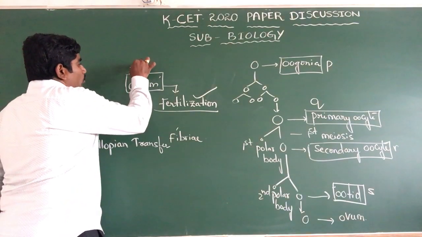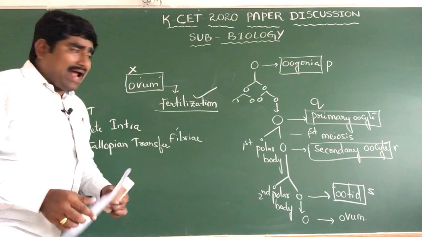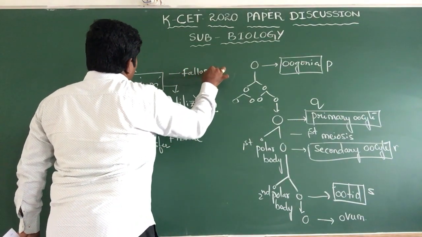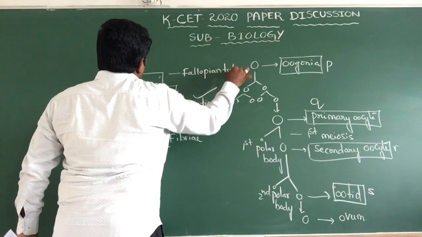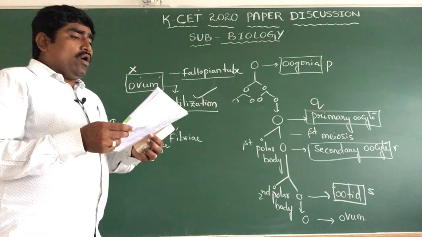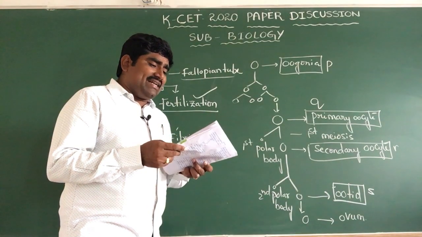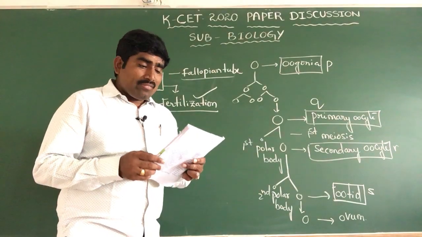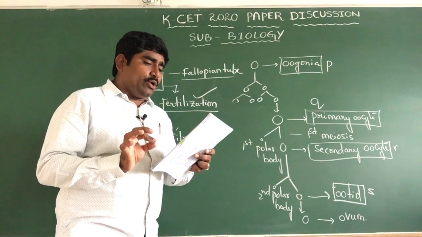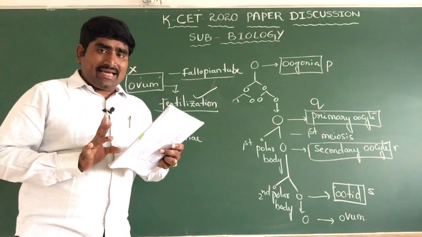She is not able to produce ovum, so ovum from a healthy donor is to be taken, and it has to be transferred to the fallopian tube, because this is a gamete. Here two options are given. There is a confusion. One option is ova collected from the female donor and transferred to the fallopian tube to facilitate zygote formation. That is the right option.